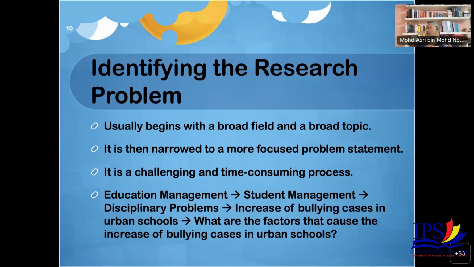And our general research question would be, what is the relationship between family background factors and the incidence of youth suicide? What is the relationship between school experience factors and the incidence of youth suicide? That is the general research question. And your specific research question could be, what is the relationship between family income